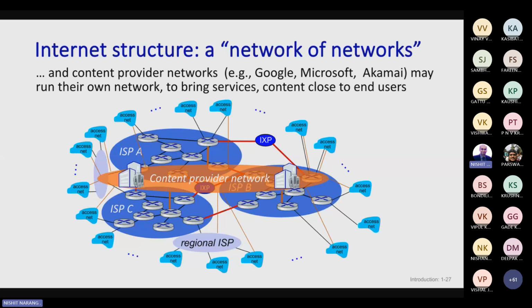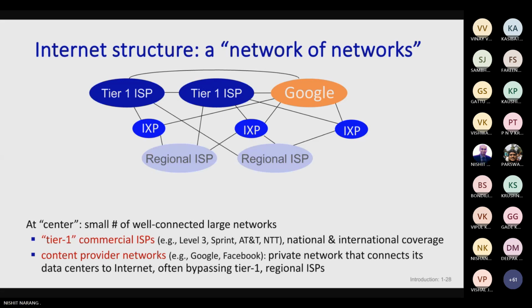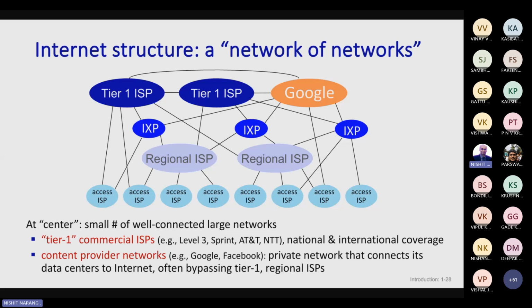This is what the internet structure is. It's a network of networks. If I try to draw what I was showing in the previous slide slightly differently, I can redraw it to show more of a hierarchical structure. The internet structure is actually a hierarchical structure with the access ISPs at the lowest level of the hierarchy, the regional ISPs at the next level, and then the global ISPs, the tier 1 ISPs, at the